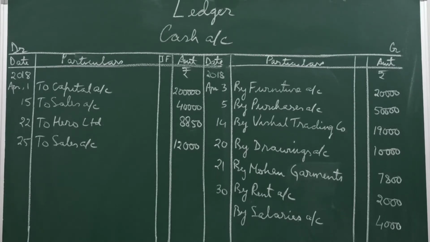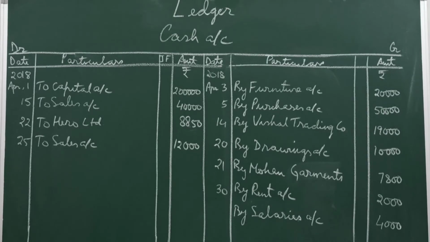Then you may draw another line under that, next line, so that you can write there date, particulars, JF is journal folio, amount, this is your debit side. On the credit side you have date, particulars, again write JF, which I have missed out, amount. You write in your register when you are going to prepare this. Then the year 2018 both sides in the date column, April on both sides, on the debit side, credit side as well, and date wise you have to record.